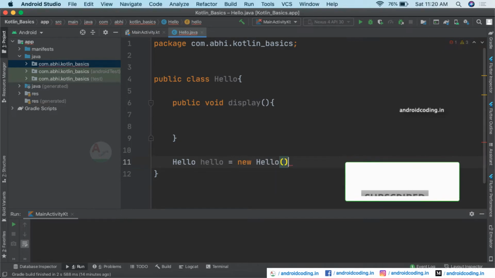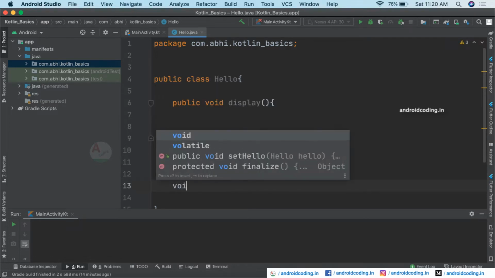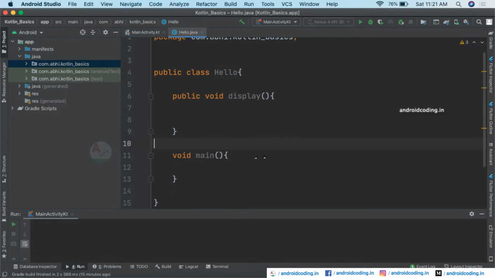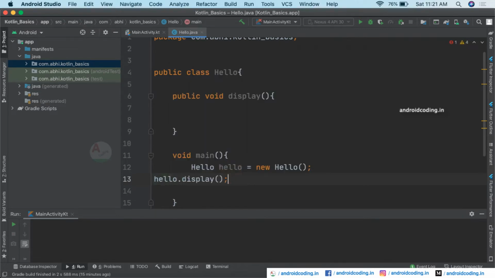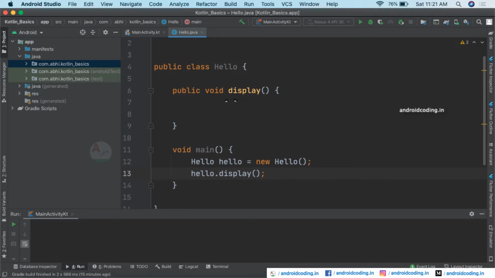In this way you need to create an object to make use of this method. So let's declare our main method. We will move our object declaration into the main method, and here hello dot you can get display. So using the object you can get hello dot display. This is the way you can make use of the object which you have declared in the class hello.